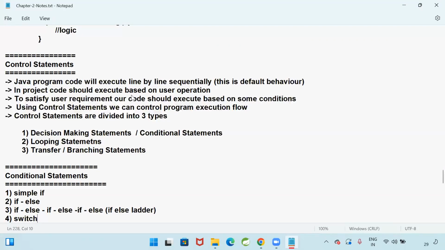If the code is executing line by line in sequential order, we cannot develop a real-time project, because as we have seen in a website, people will perform different operations based on their requirement. When a user performs some operation, only the code related to that operation should execute. If the user clicks on the login button, only login code should execute. If the user clicks on the register button, only register code should execute. So here our code should execute based